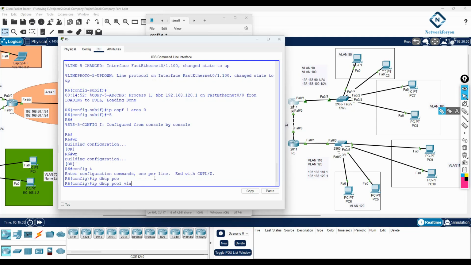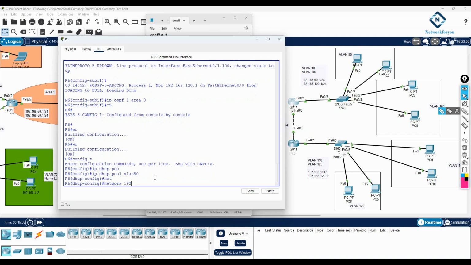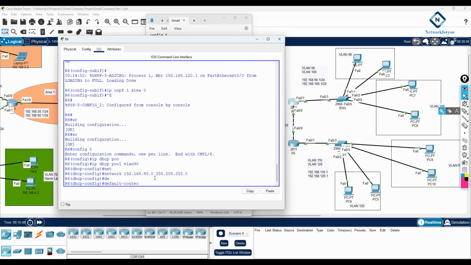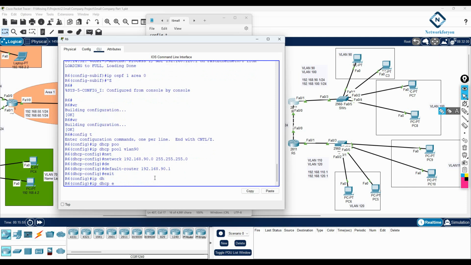Pool VLAN 90. Okay, and then the network ID we are saying is 192.168.90.0, and the subnet mask will be 255.255.255.0. Default router 192.168.90.1. Okay, this is the DHCP configuration, and I will write IP DHCP exclude